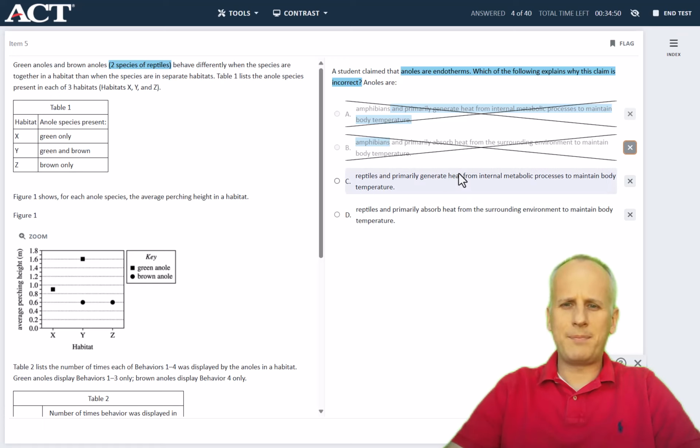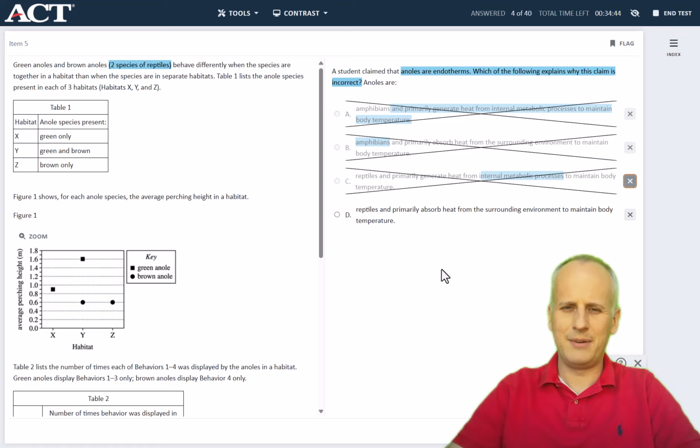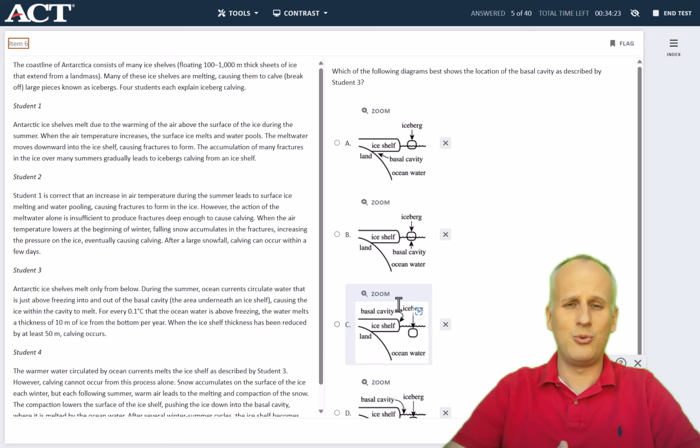So a reptile would not generate heat from internal metabolic processes because it's cold-blooded. So that allows us to eliminate choice C. And then, well, they are reptiles and primarily absorb heat. So I guess that's not technically something that would be wrong in the English section. But we can find the correct answer here with just that limited outside knowledge of knowing that a reptile is cold-blooded. And now we move on to the next question,